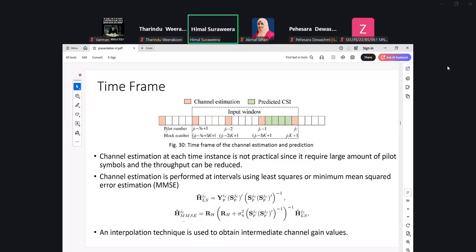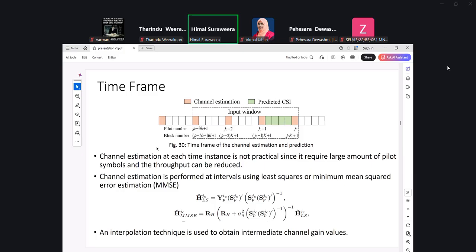So I will quickly introduce the channel estimation frame structure. We will consider a particular time frame or window, and these windows will be subdivided into blocks. At locations which we call pilot locations, we will estimate the channel, or H value. If you want to estimate the channel at every block or every time interval, it will introduce a lot of computational burden on the system.